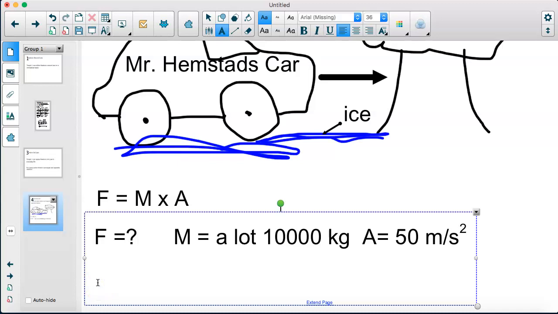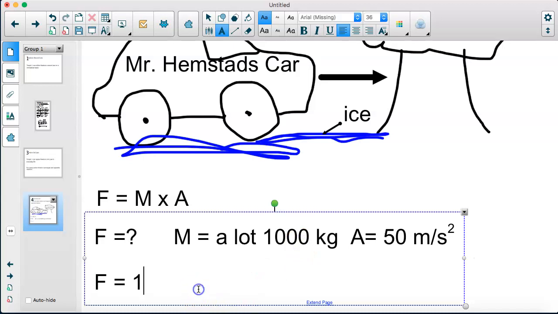How much force is my car currently exerting? Well, if the mass equaled 10,000, let's just get rid of a zero to make the math a little easier. If my car had a mass of 1,000 kilograms, which it didn't, it had way more, and it was accelerating at 50 meters per second squared,